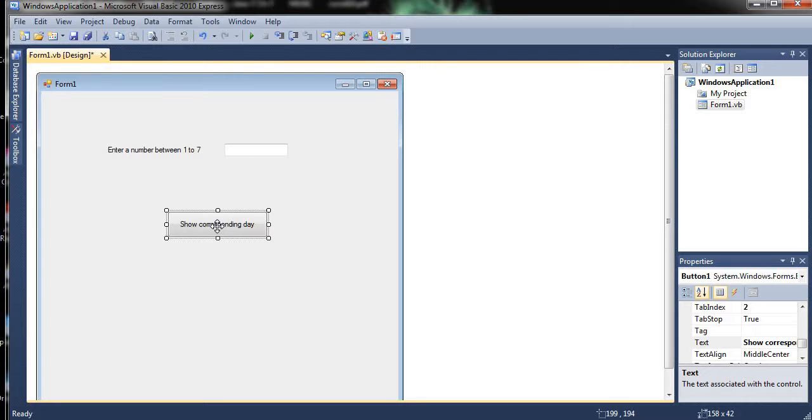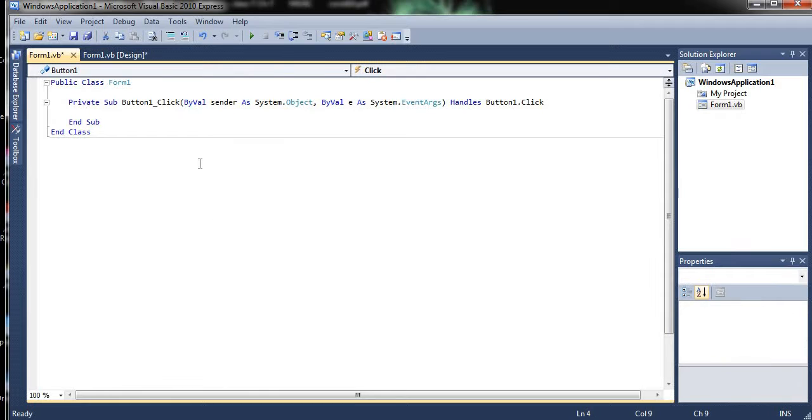So what instruction is to be executed when the user clicks here? Double click here and you will be taken to the button 1 click event. Here you have to write the coding. For this, first let us create one variable. What is the statement through which we create a variable? Dim statement, Dim